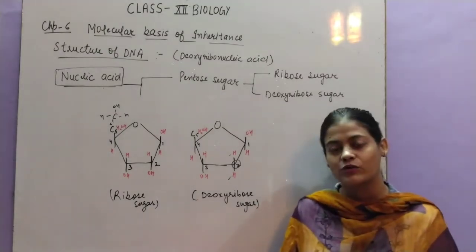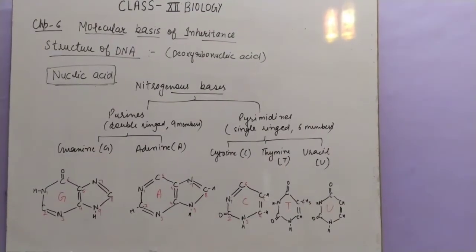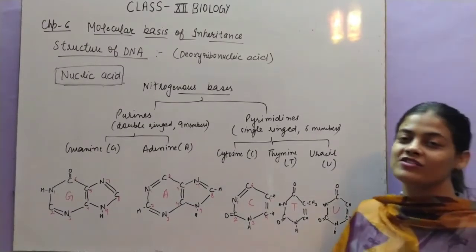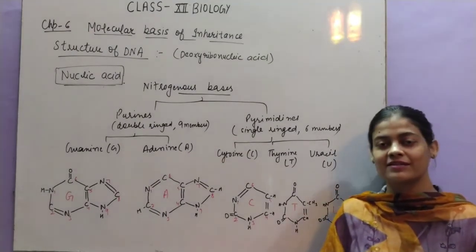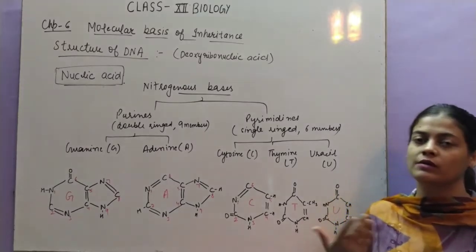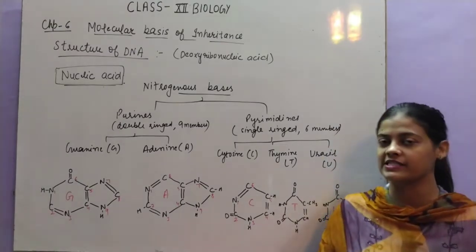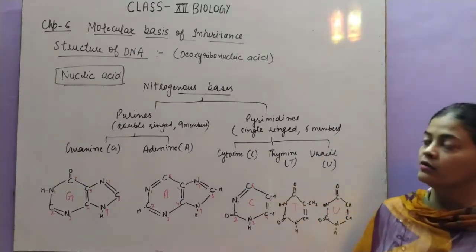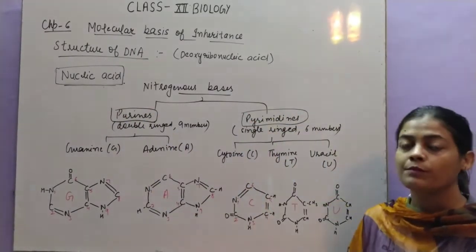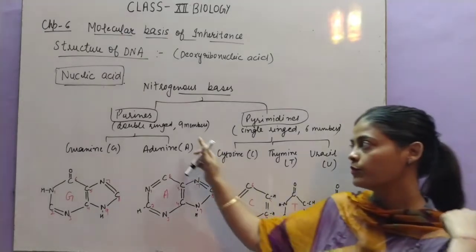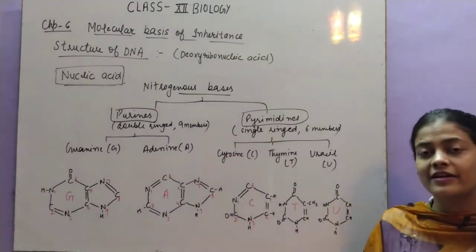Now let's see the structure of nitrogenous bases. You have already done this in class 11 in the biomolecules chapter, but I am repeating it so that you will recall it. There are two types of nitrogenous bases that can be present in the nucleic acids, either RNA or DNA. One is the purines and the second one is the pyrimidines. Purines are double-ringed structures with 9 members, and pyrimidines are single-ringed structures with